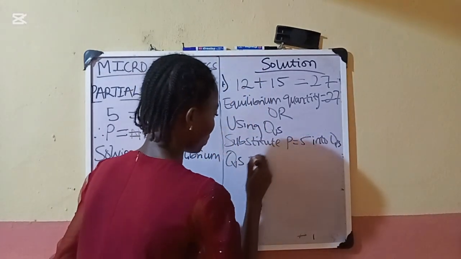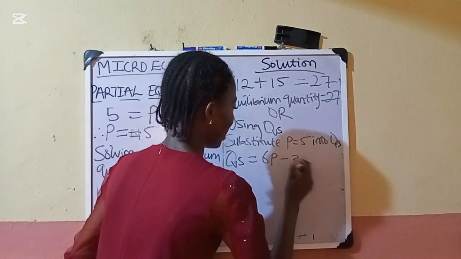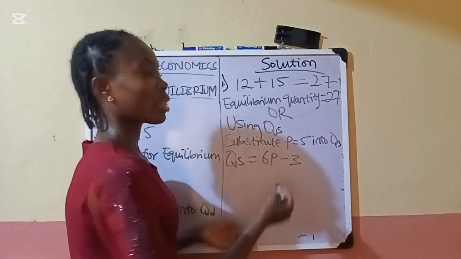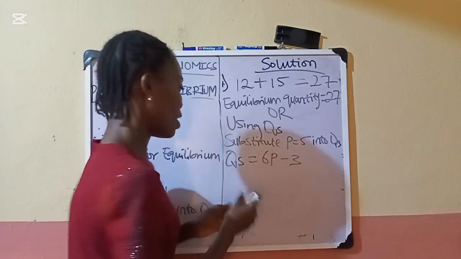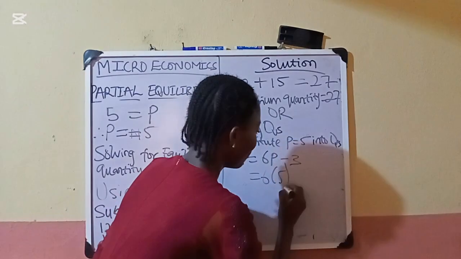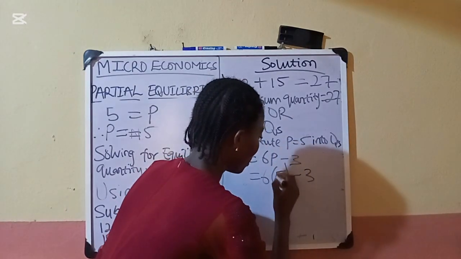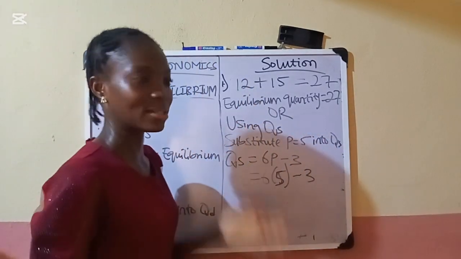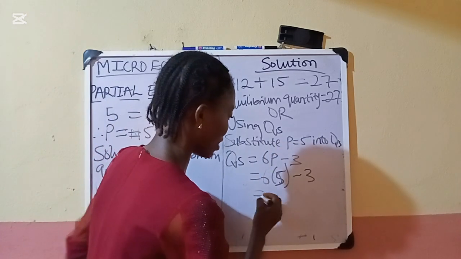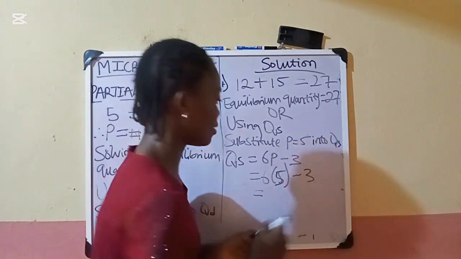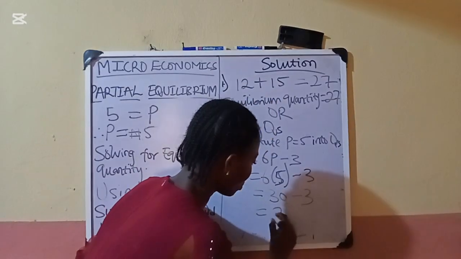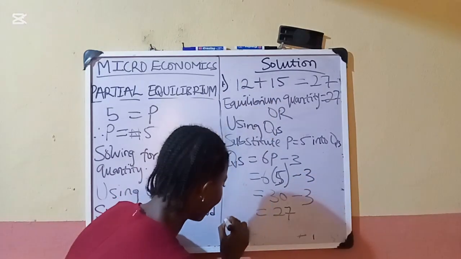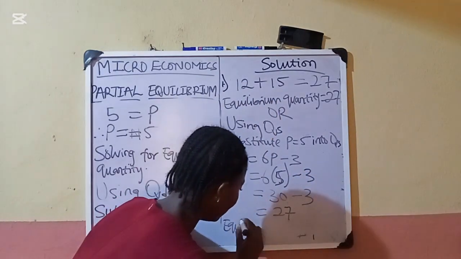Repeat the same process, which is anywhere we see P, we replace it with 5. 6 into 5 minus 3. Remember, we solve the brackets first. So simplifying the brackets, we have 6 multiplied by 5 gives us 30, and 30 minus 3 gives us 27. Which means that our equilibrium quantity